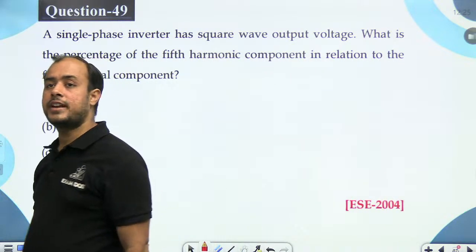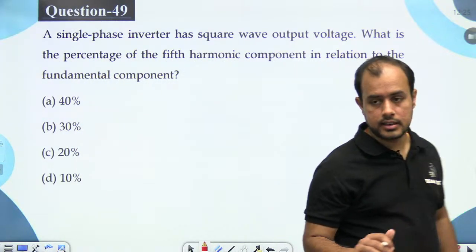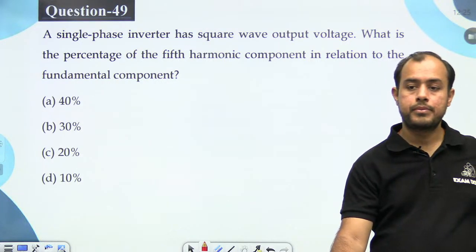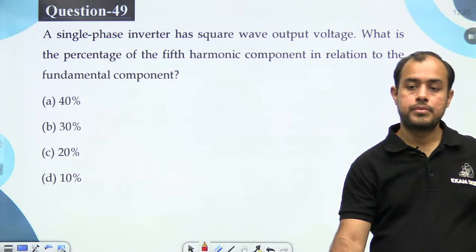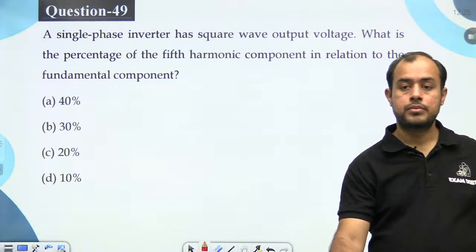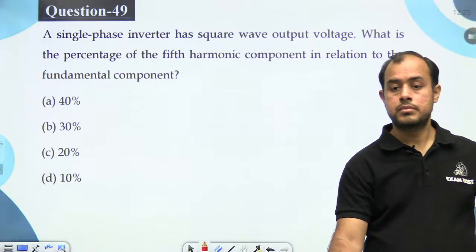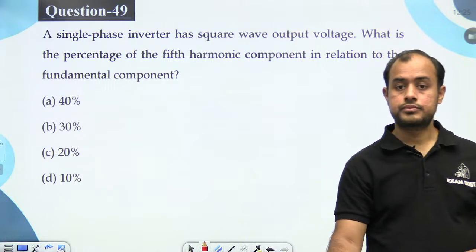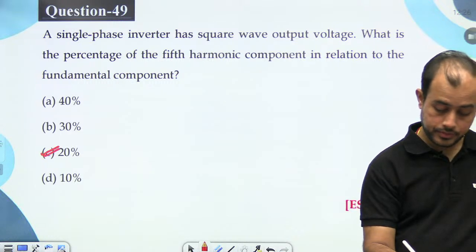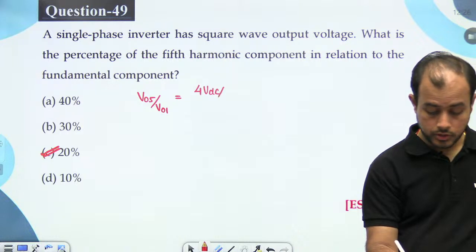Next. A single phase inverter has a square wave output, fifth harmonic as compared to fundamental. What is fifth harmonic as compared to fundamental? 20%. 4 VDC by 5 pi,